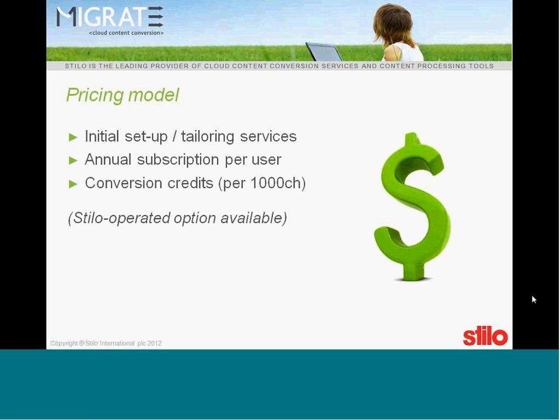So it's essentially a pay-as-you-go service that we provide. The main point being that it doesn't involve a large capital outlay at the beginning. You can get up and running fairly quickly, and the whole thing is scalable. And for smaller projects as well, where you might just want to do a few hundred